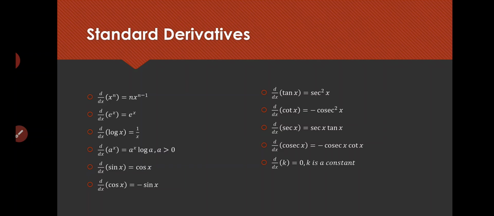So that is the reason why we need to have the n in the first case to be non-zero. If it becomes 0, then it will become a constant, and hence the derivative becomes 0, but that is not the case. So these are the few standard derivatives. Now there are more, obviously, but all those will come later. In class 12 you will learn a few more, but for class 11 these are the standard derivatives which we are going to make use of. So now let us move to the algebra.